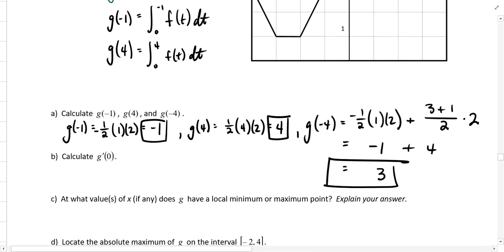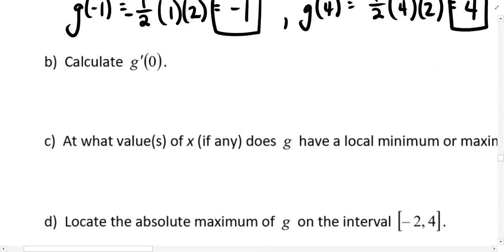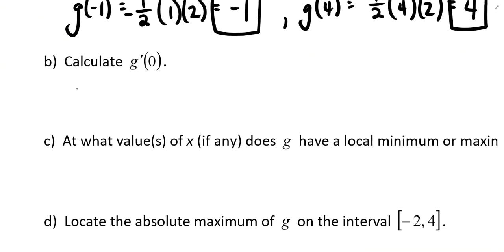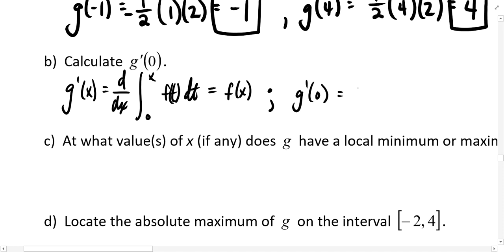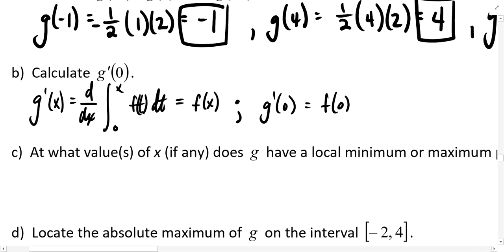So when we're being asked to evaluate g prime at 0, well, let's say it this way. G prime of x is equal to the derivative with respect to x of the integral from 0 to x of f of t dt, and that by definition is equal to f of x. So when evaluating g prime at 0, then all we need to do is evaluate f at 0. So the height